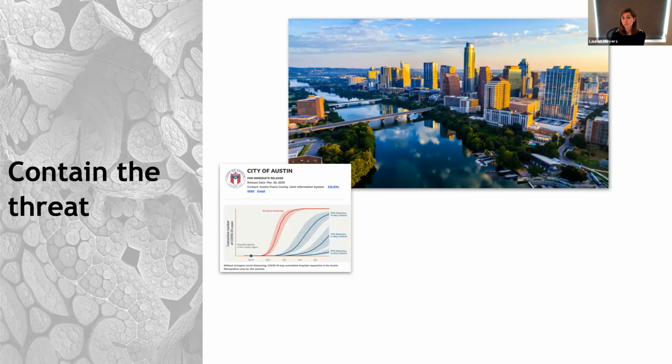Some of the first graphs we made were in public announcements of our stay home, work safe order back in March of 2020. We helped the city to estimate risks to the construction workforce, the grocery workforce. We helped the city to figure out how many hotels they should procure in order to have isolation facilities for our populations experiencing homelessness. But arguably, the most important analysis that we did for Austin throughout this pandemic is work